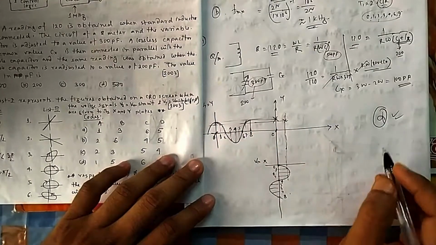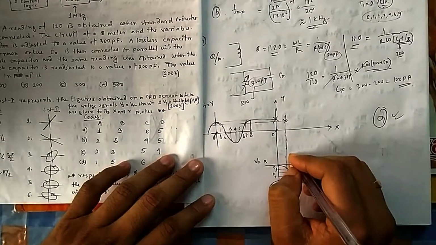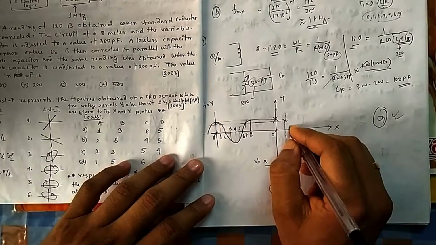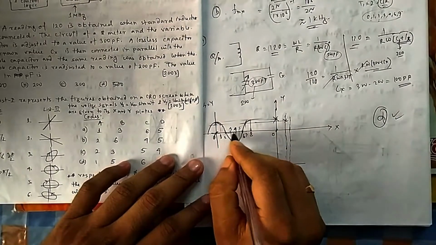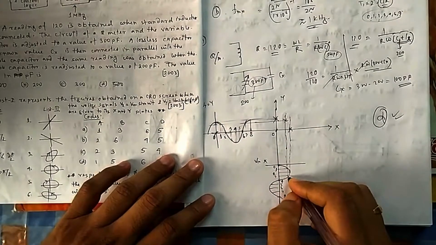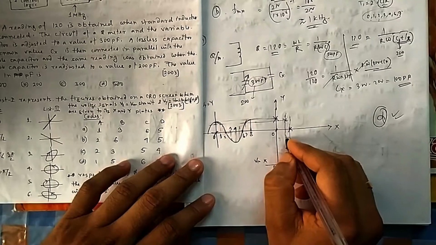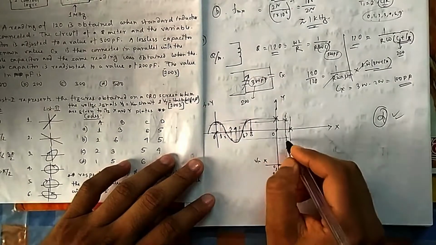So this is your at 1. Now I come to 2. So if it is a 2, so 2 is X you will get from here, this X, and Y you will get from here. So 2 is here 0. So you can see similarly at 3 the height, X is here, the height you will get it from here. So this is your 3.